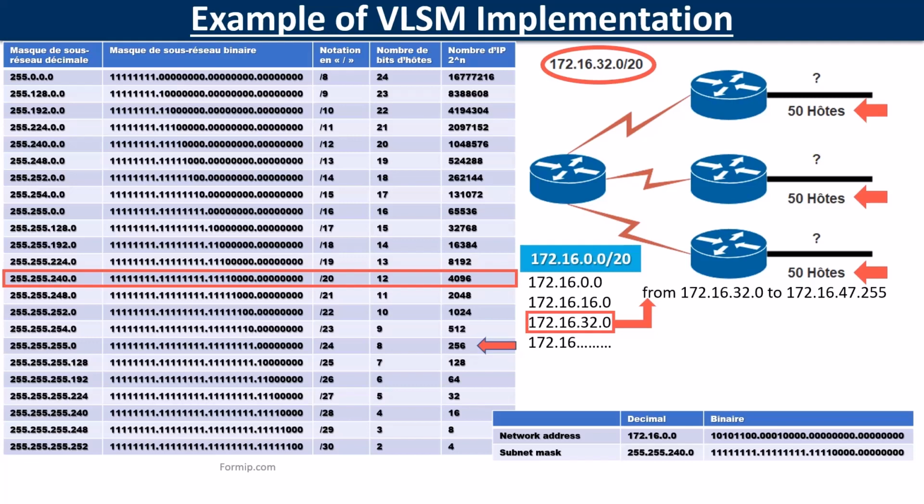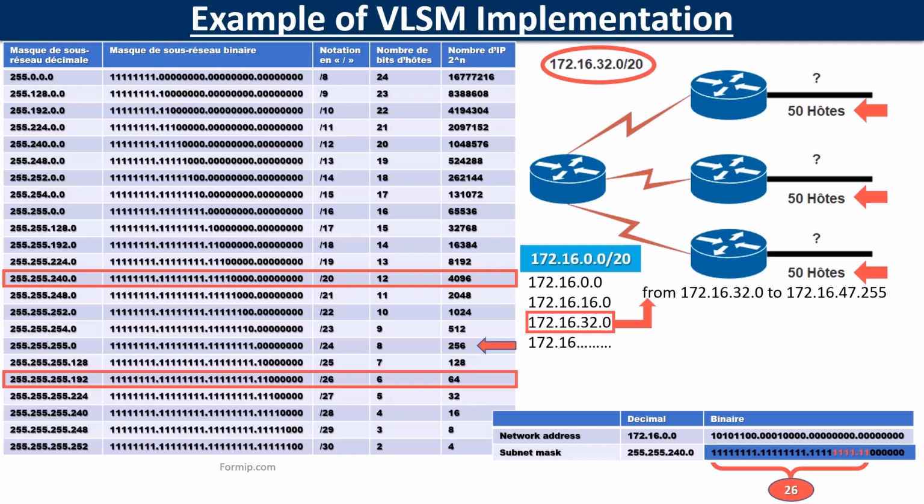For this, we will use VLSM to create subnets of at least 50 IPs. Looking for the need of at least 50 hosts, we will go with a mask in /26, which allows you to get 62 hosts per network, 64 minus 2. We will therefore borrow 6 bits from the host part. And 2 to the power of 6 gives us 64 IPs minus 2, which makes 62 usable IPs for our subnets of 50 hosts,